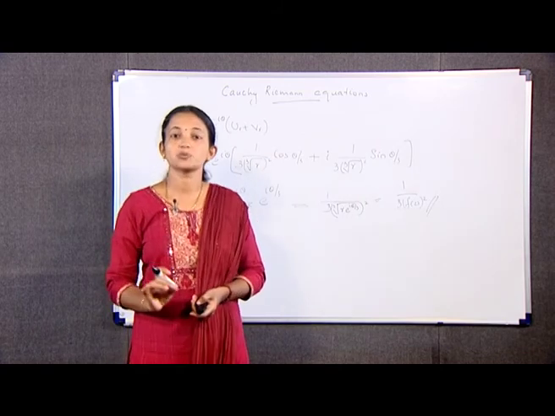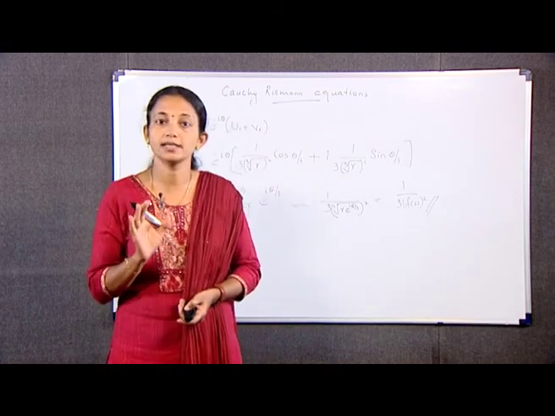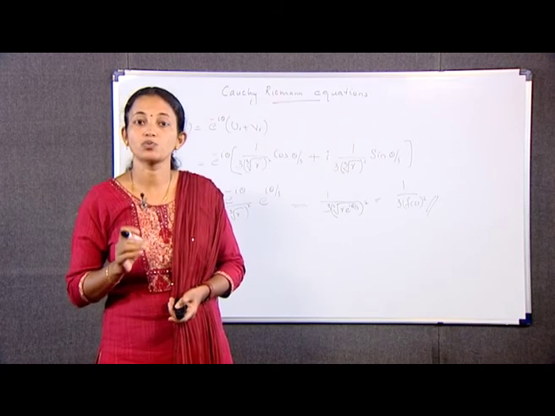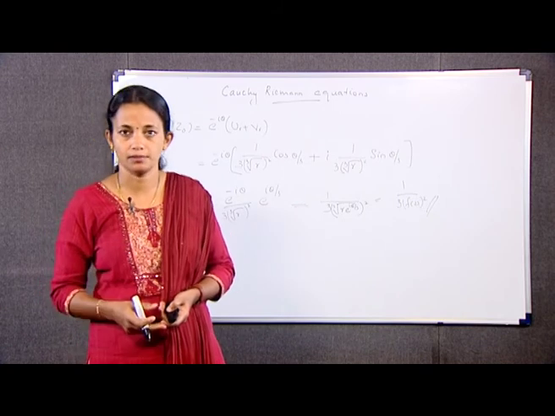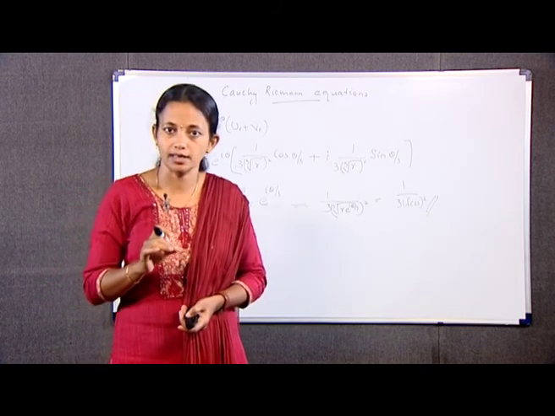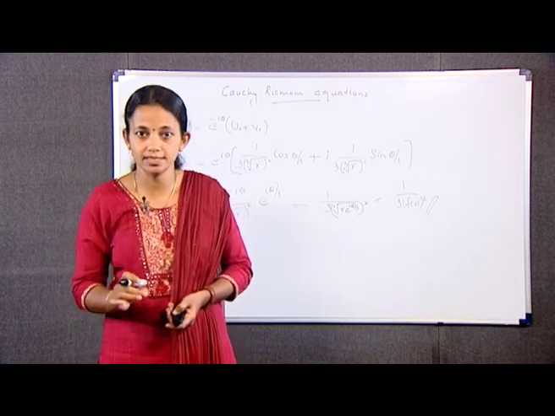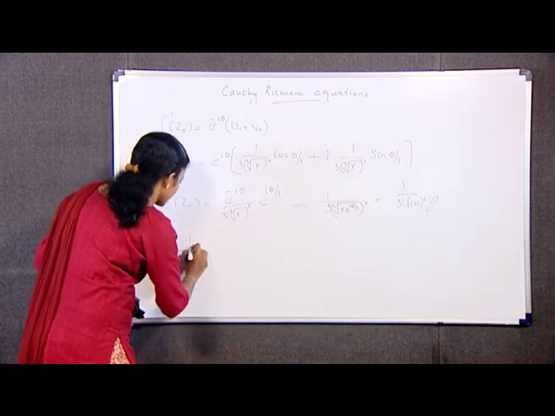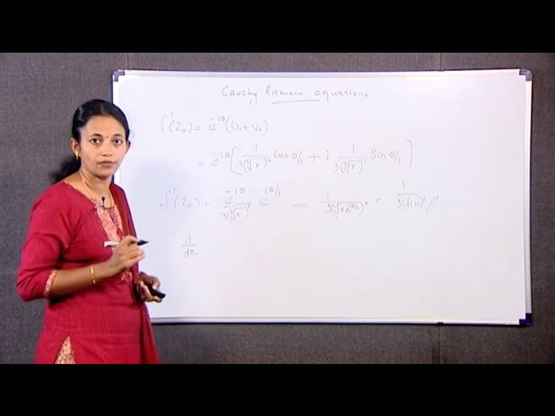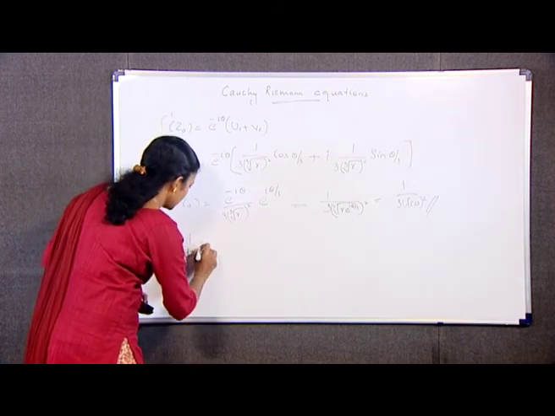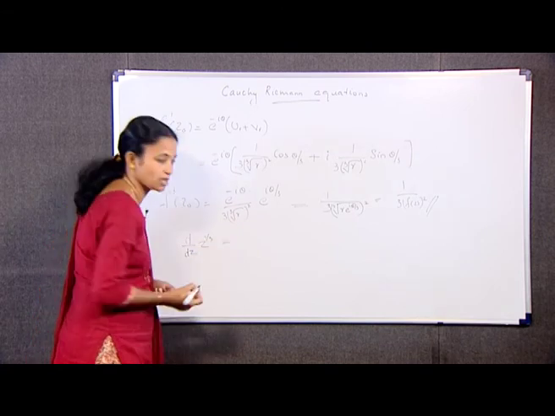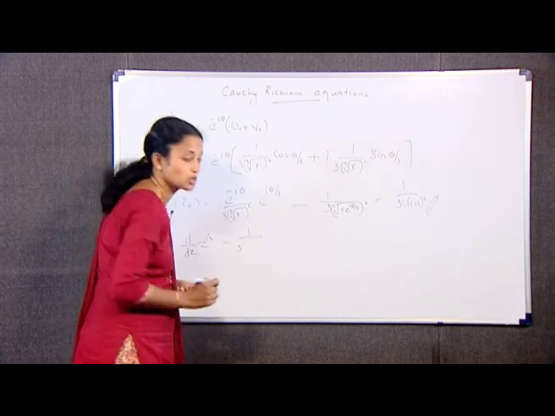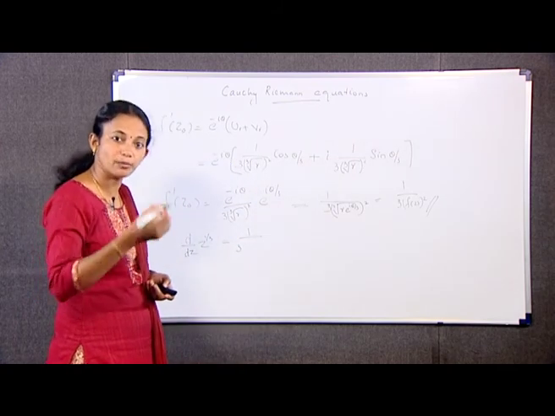Note that when a specific point is taken in the domain of definition of f, the value f(z) is one value of z raised to 1 by 3. When that value is taken, the last expression for f dash z can be put in the form, we can write d by dz of z raised to 1 by 3, which is equal to 1 by 3 into (z raised to 1 by 3) whole square.